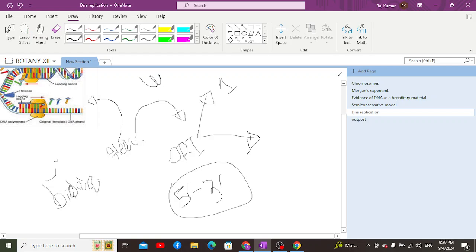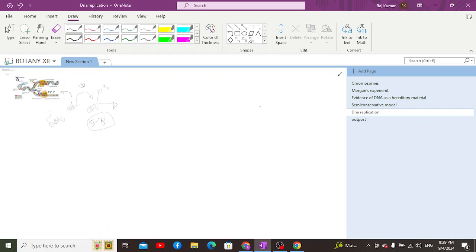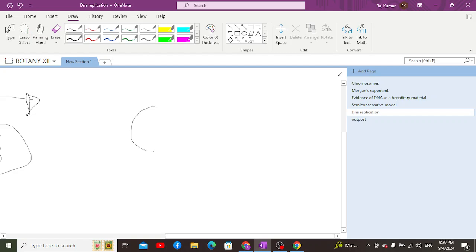Bidirectional replication, what does it mean? It means that the replication of DNA will occur from 5 prime to 3 prime, but that would be a bidirectional replication, such that if we are having, let's suppose, a DNA molecule. Now what actually happens is that the helicase enzyme, let's say we are giving green color to the helicase enzyme. What will the helicase enzyme do? It will act on